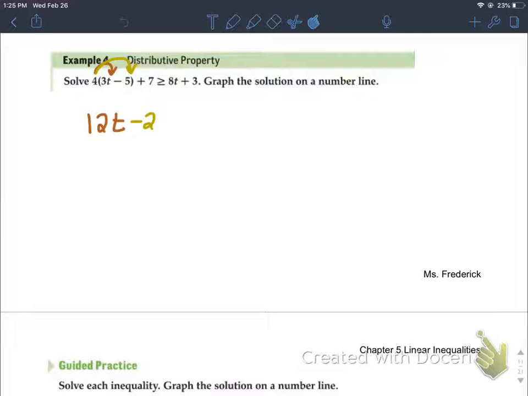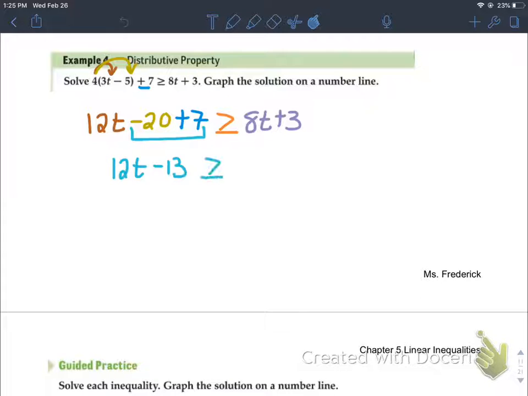And then 4 to the negative 5, that negative will stay with the 5, and I'll get negative 20. Then I bring down the plus 7, and the rest of the problem is greater than or equal to 8t plus 3. Now I'm going to combine like terms on each side of the equation if I can. So here I have negative 20 plus 7, so 12t minus 13 is going to be greater than or equal